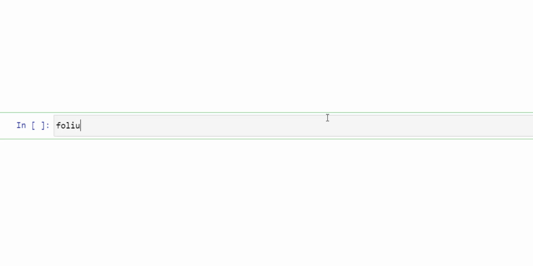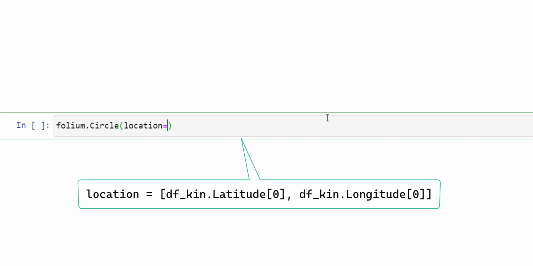So I'm going to say folium dot Circle, Circle with C capital, and location. I'm going to again use the lat long from the df underscore kin dot latitude comma df underscore kin dot longitude,